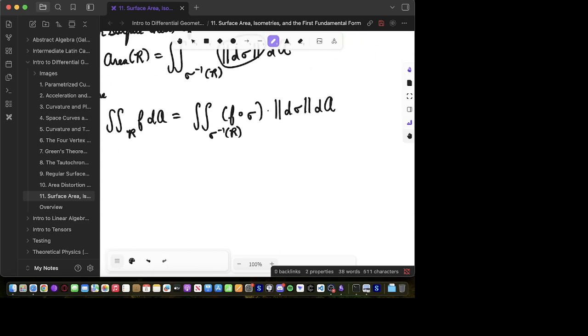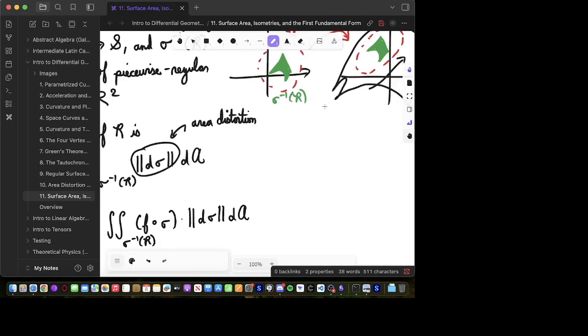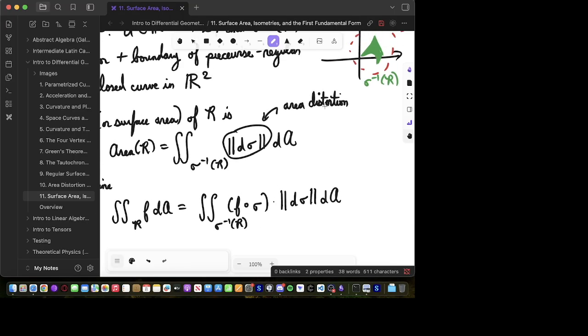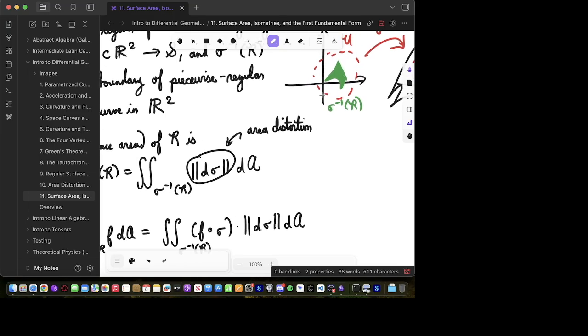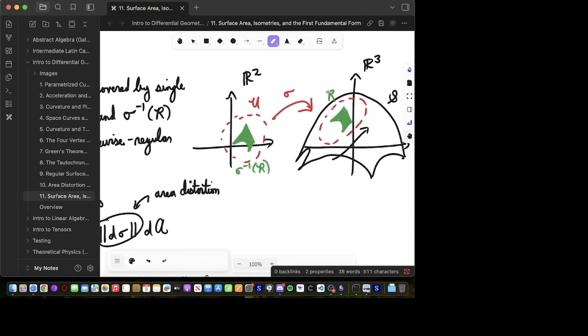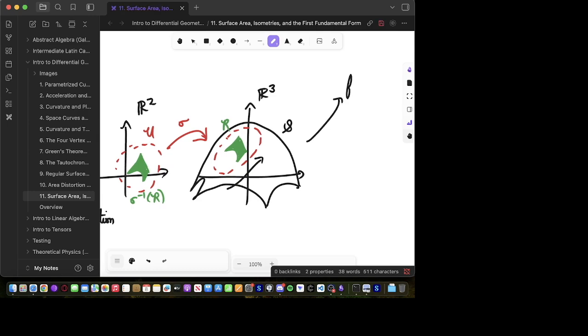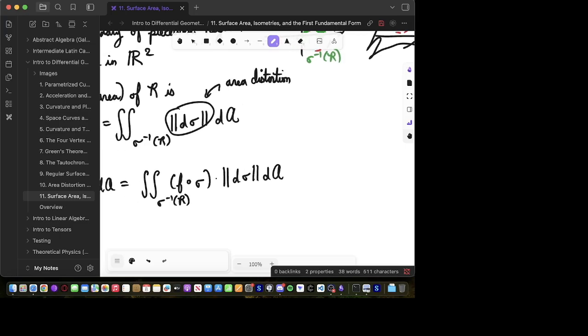So if we have a function on our polygonal region, maybe f is like 4 here, maybe it's like 2 here, -1, then instead of just sitting there wondering how we can possibly integrate over such a convoluted shape, we can make it simpler by defining it as the integral of the function f composed with sigma multiplied by the area distortion times dA over the inverse image